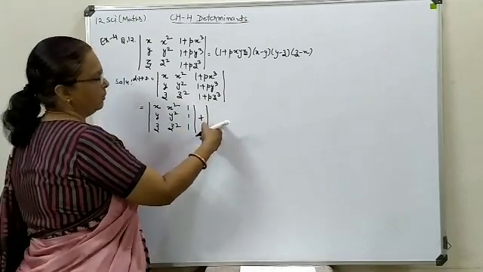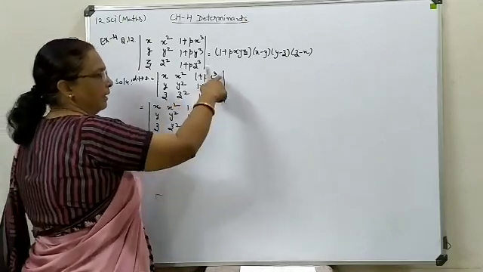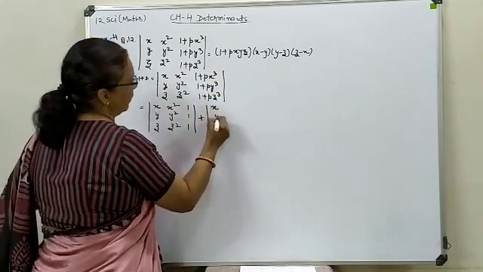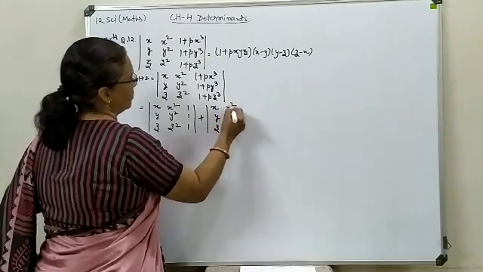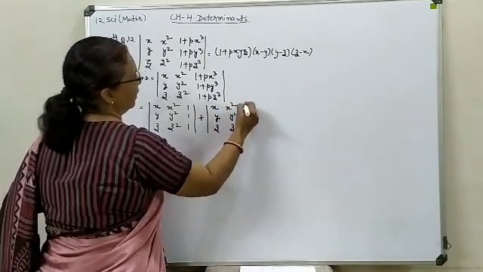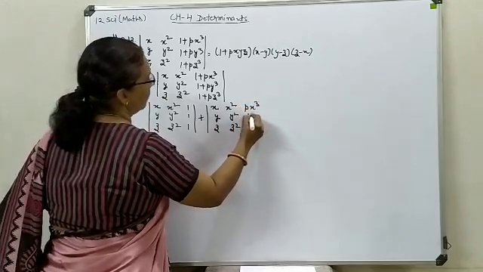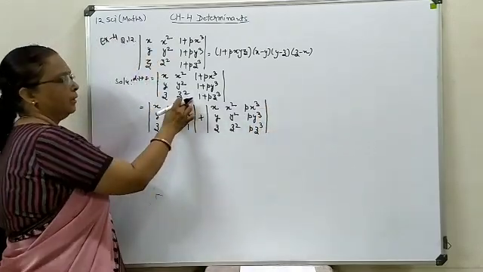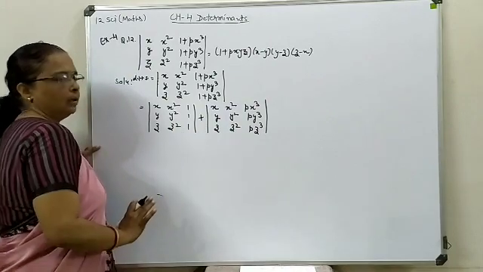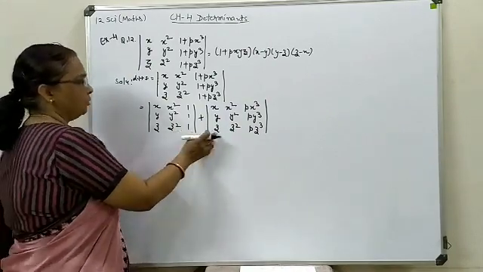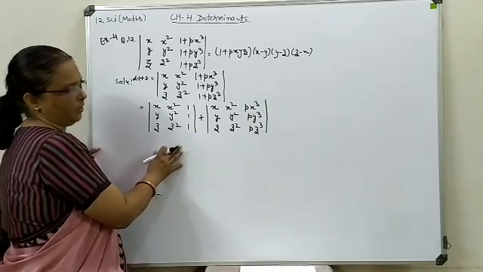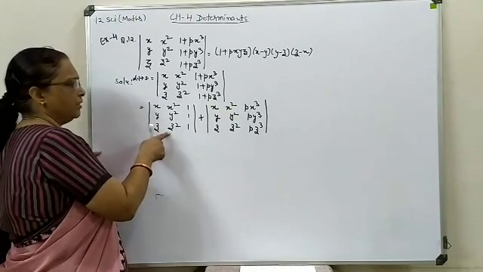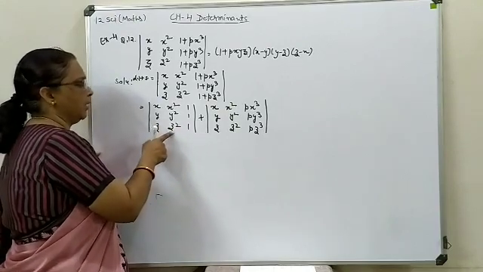Now again for the second determinant formation, these two columns will remain unchanged and the last column will be occupied with the second position terms. So this is x, y, z as such, x square, y square, z square. This is p x cube, p y cube, p z cube. So this way, on implementing the property of the determinant, these two we make separate. Now here these two determinants we are going to handle in such a way that some common combinations you can proceed. Now here in this determinant we are going to exchange the position of second and third.